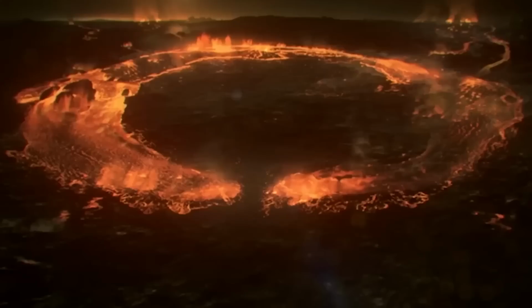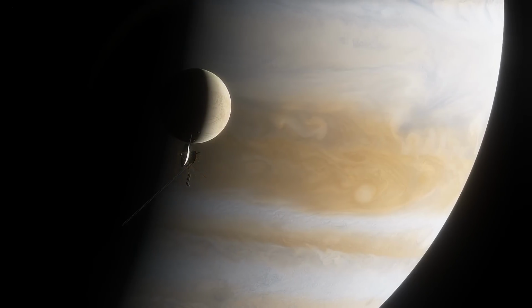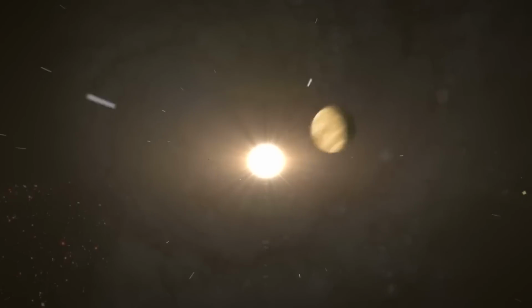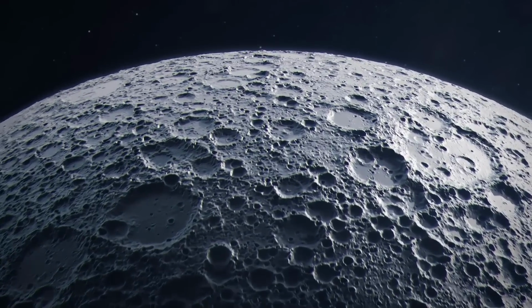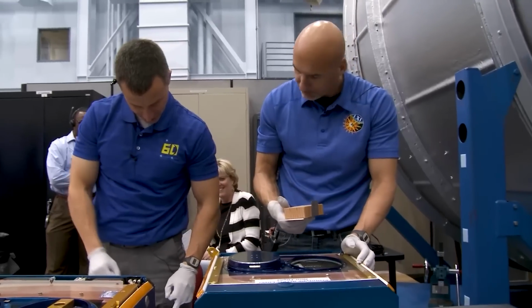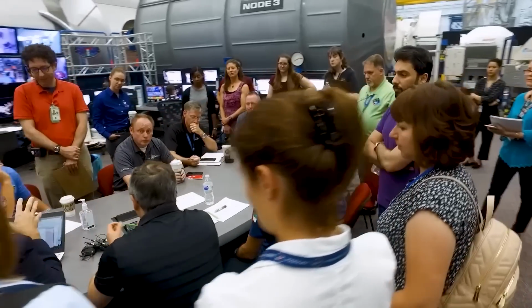Such discoveries challenge our understanding of planetary bodies. They show us that moons are not just simple rocks orbiting planets, but are worlds with their own unique features and processes. Every new piece of information leads to more questions, pushing scientists to keep exploring and unraveling the complexities